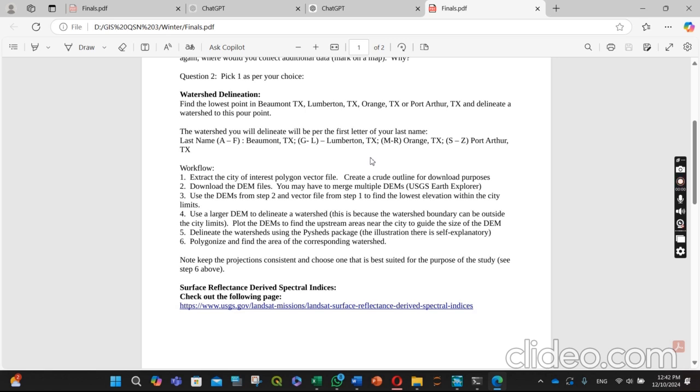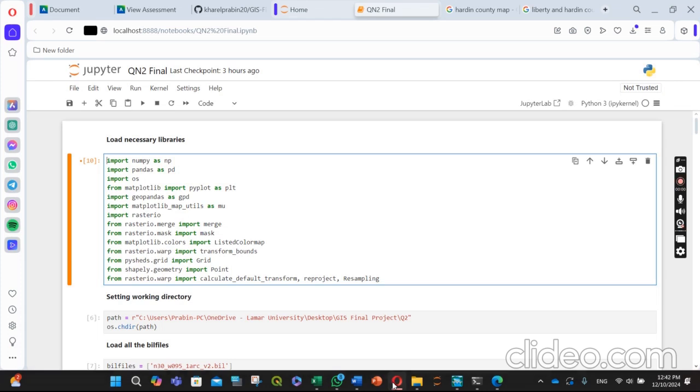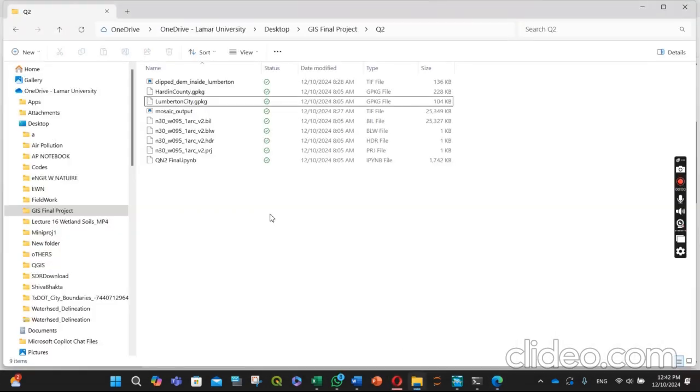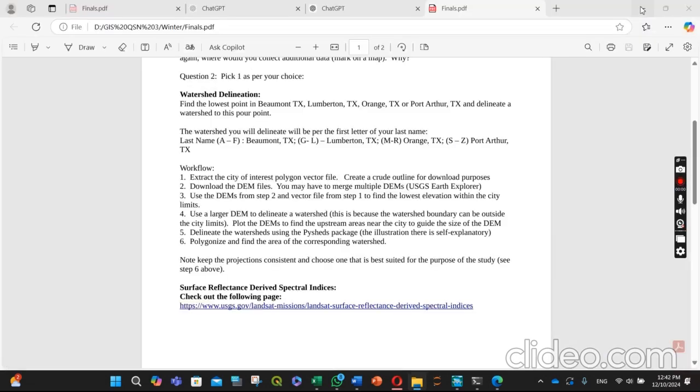I used it in Earth Explorer, and I found out that only one footprint is required to cover the whole city. After then, I downloaded the BIL files. You can see the 4 BIL files here. So for further operation,